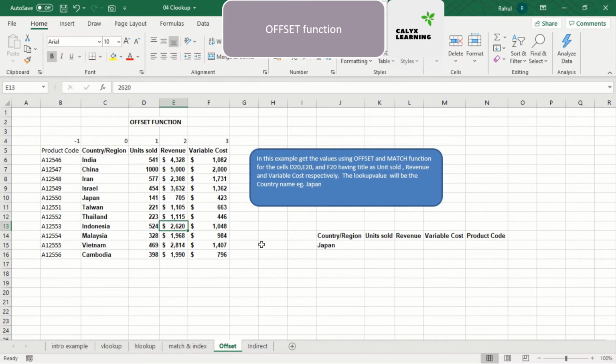For using offset function, we require the column numbers and a reference column we need to choose. So country region column in the source data I am choosing as the reference column. This reference column, that is the title, will be a reference cell inside the offset function. That becomes the column number 0, and on the right side of the column we will have all the positive numbers starting from 1, and the number of columns we have, we can put the numbers there. And on the left side we start with the negative series starting from -1 and so on.